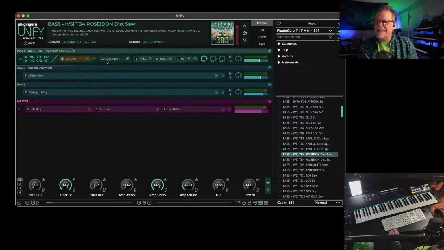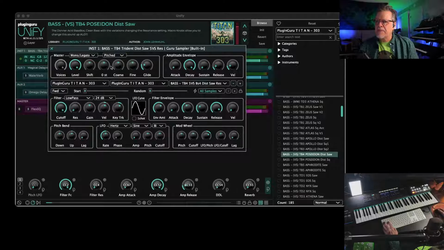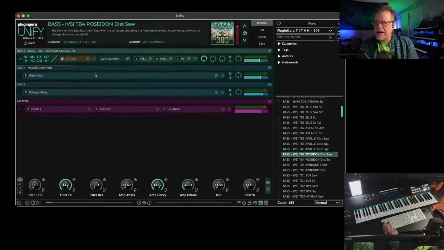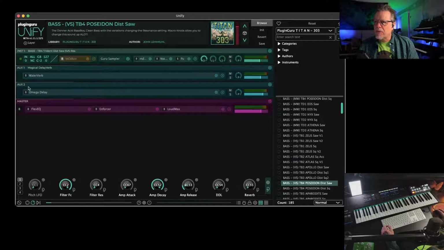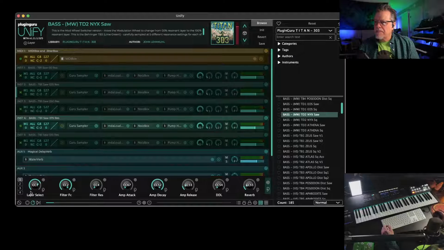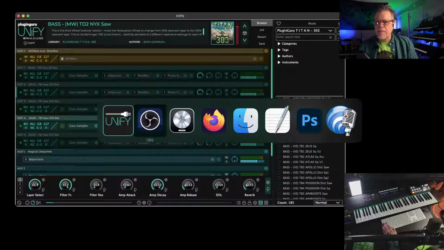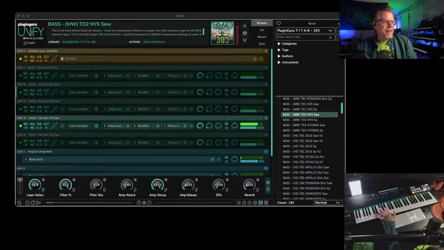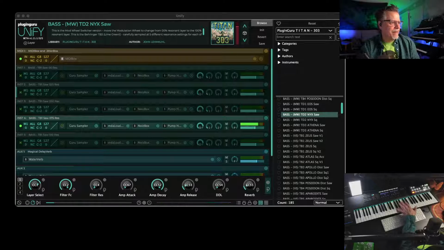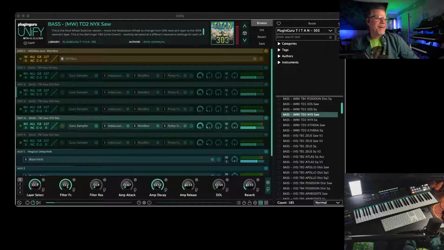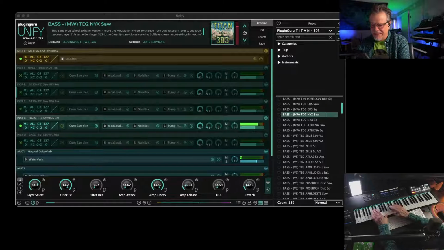And I needed to make it a single Guru sampler so that I could have mono legato with glide working on all of the samples. I could also have set this up with 5 layers like the modulation wheel versions. What happens is if you play by velocity and you use the velocity window parameters here, which would do the same thing, but when you play one and then you play another velocity and then you do glide, it's going to be to different layers and it gets more messy. So I needed to make it single. No, there's no fretless. This is just a